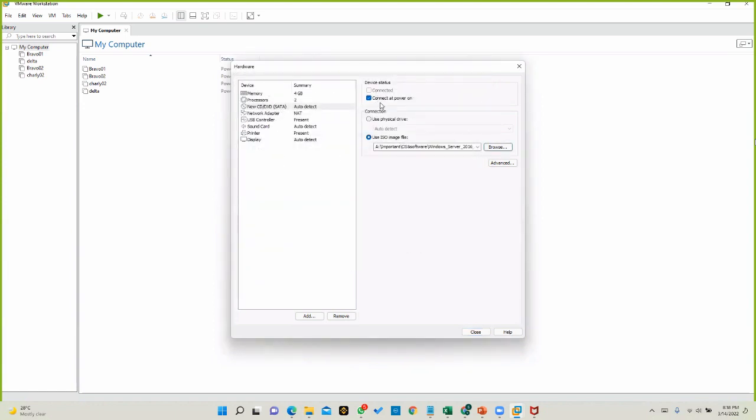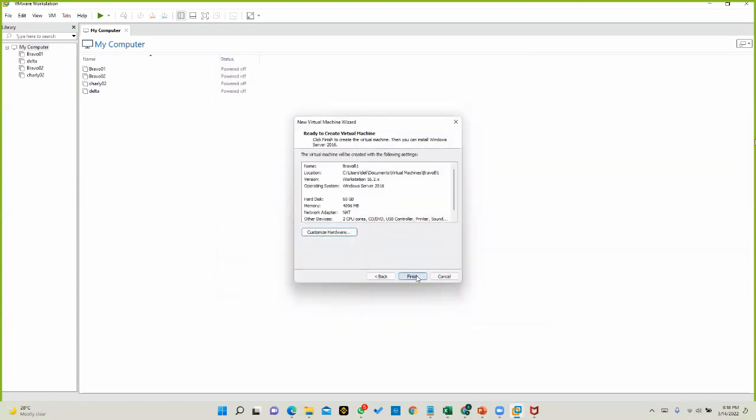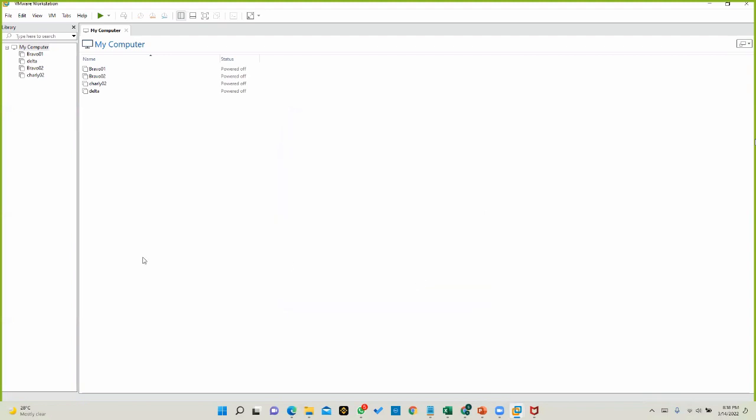Prior to closing this, you had better check connect at power on, right? Otherwise, the ISO file may not connect when you power up the virtual machine, right? Okay, then I close this and I finish it.